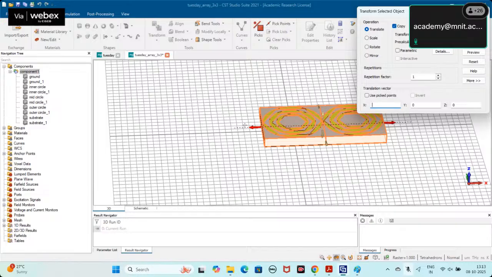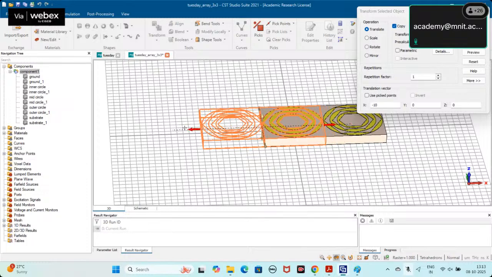Then directly press this arrow key and go, and the value minus 20 in the x-axis is shown,